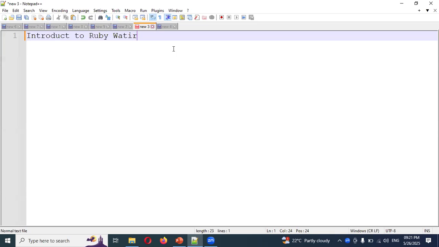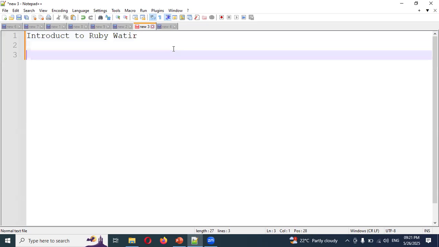Some people are asking for Ruby Watir, that they want for UI automation. And for this, I'm going to do the complete playlist. Okay, this basically, Watir we call it as water. Also, the meaning will come. Okay, basically what